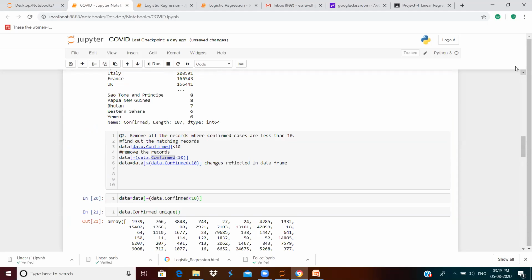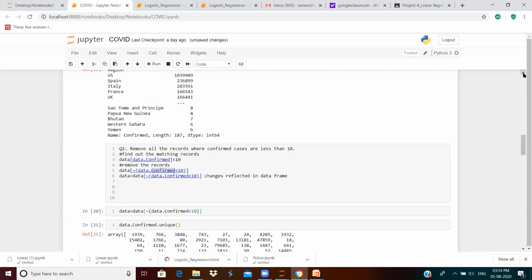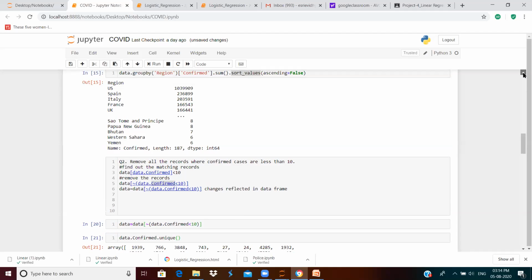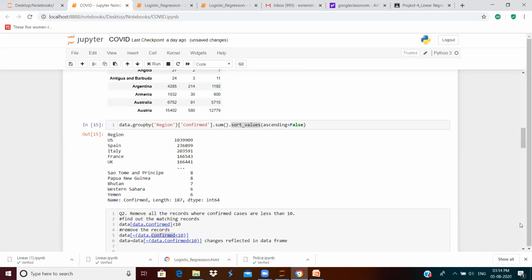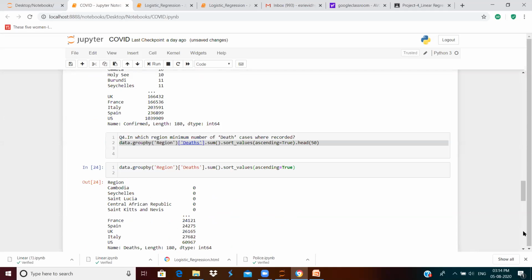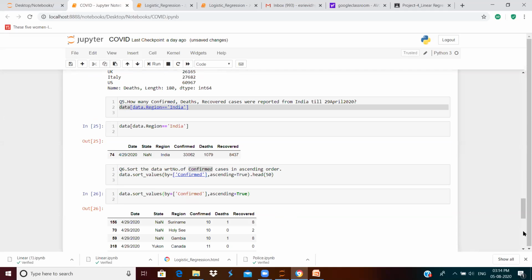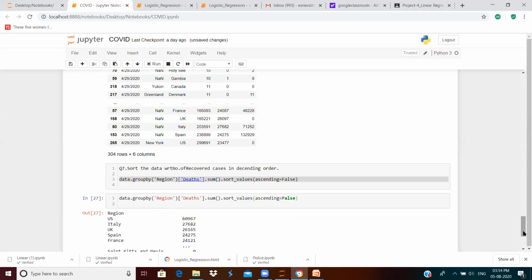Sorting is very important in data sets such as COVID-19 because you want to find the highest death rate and the lowest death rate. Then you sort the data frame so that you can identify the value within a fraction of a second. This function is very important for you to explore. I will be sharing this COVID-19 data set and this notebook file. Please work on it. If required, download a fresh COVID-19 data set. I will also share the data set we worked on today, which is a small subset.